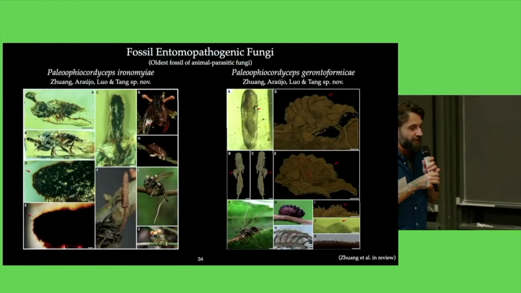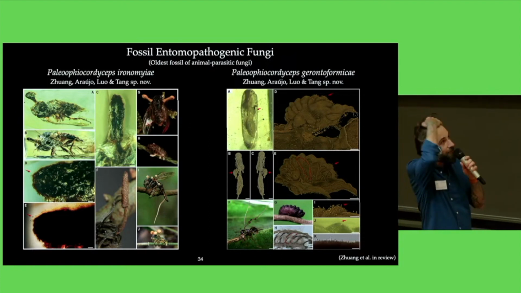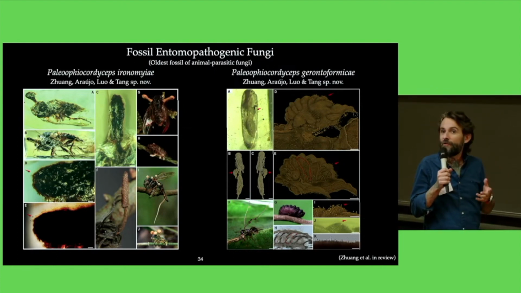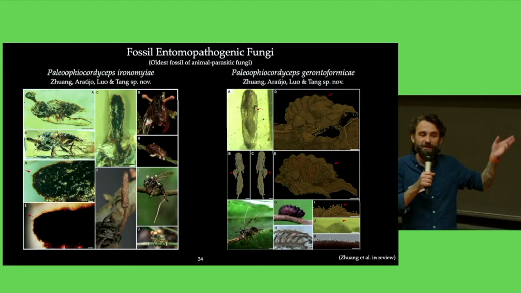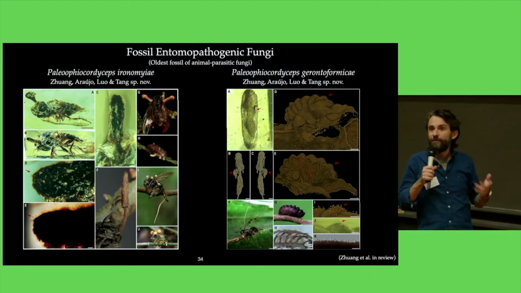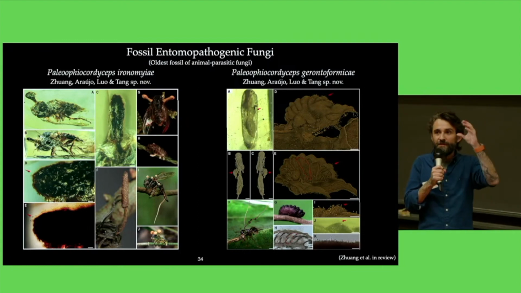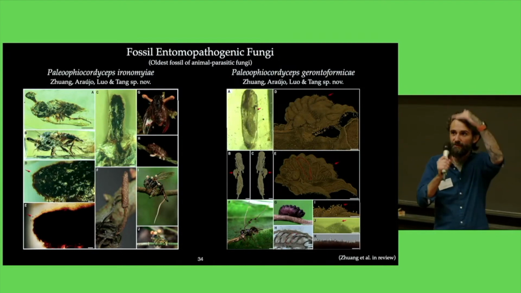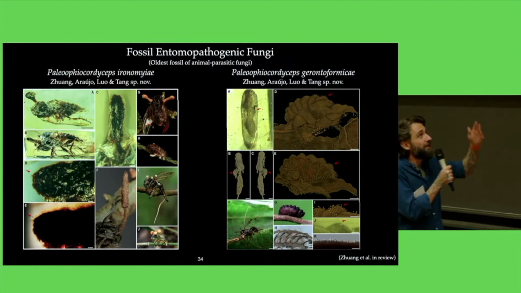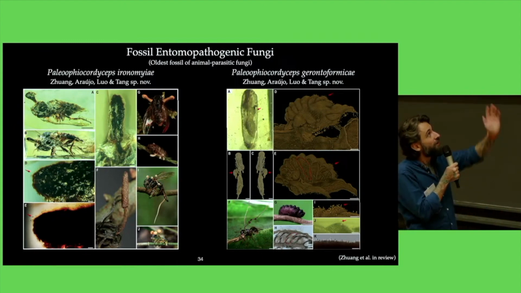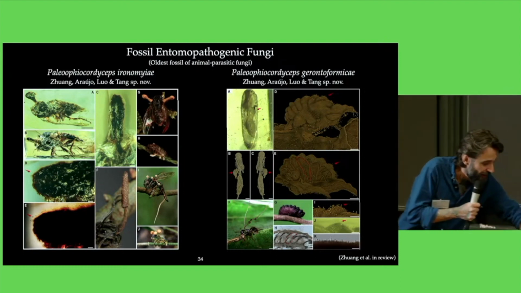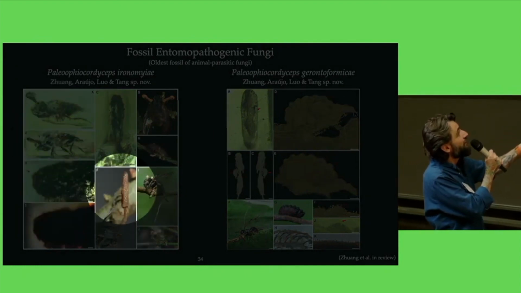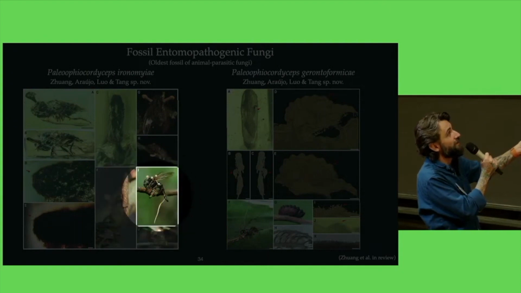And something that I have been more interested in more recently, this paper is currently being reviewed. And those are fossil Ophiocordyceps. So there's a genus that was created back in 2008, Paleo-Ophiocordyceps, which is interesting because they have features of two clades in Ophiocordyceps. So we could suggest that these are the ancestors of these two clades because they have features of both clades. And then we are proposing these two new species, one infecting a fly, which is here, and we can see the club-shaped structures, which is analogous to extant species infecting flies in South America and here